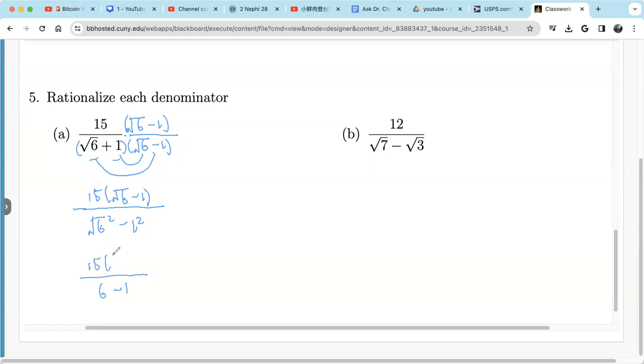So 15 times square root of 6 minus 1, well, 6 minus 1 is 5. Well, 5 goes into 15 3 times. Why can we do this cancellation? Because 15 is multiplied by square root of 6 minus 1, right? You see, 15 is a factor in the numerator. That's why we can perform the cancellation. So in the end, we get 3 times radical 6